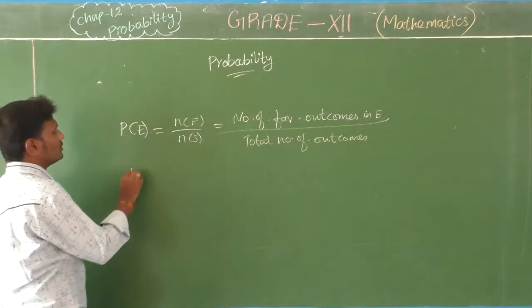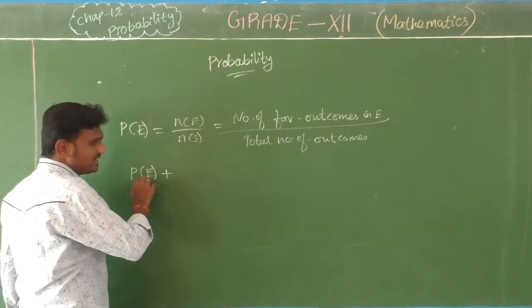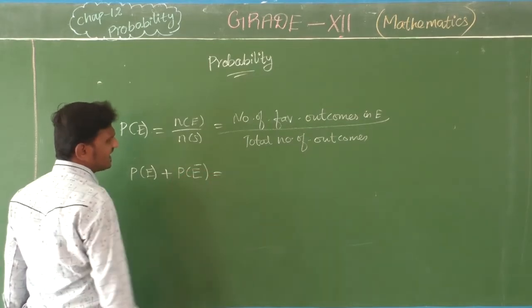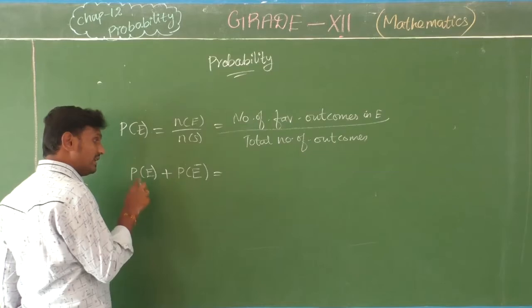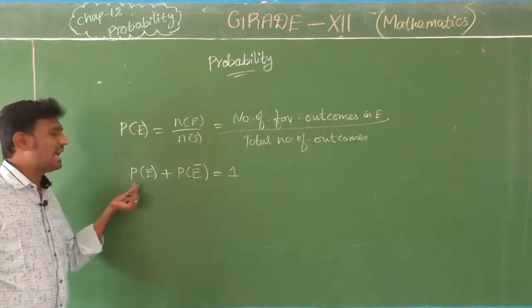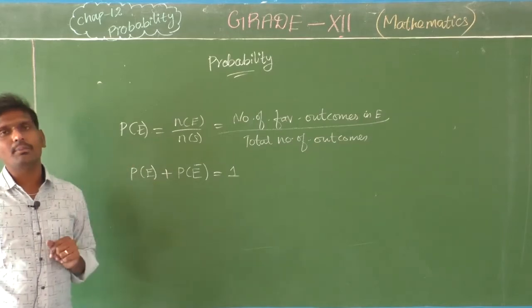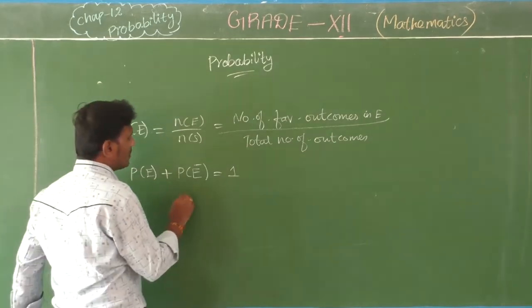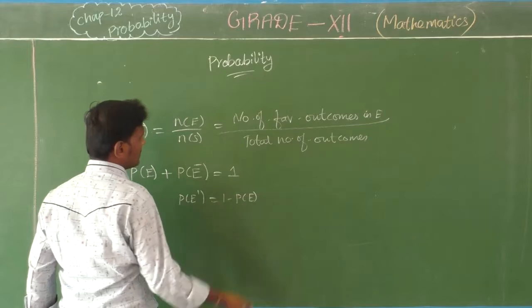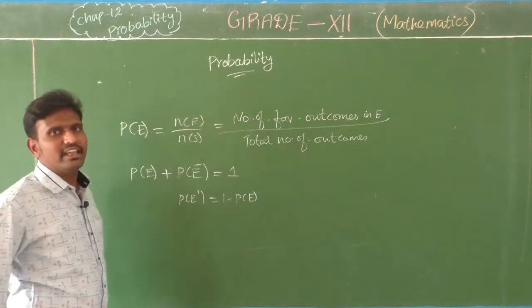Yes. And then we want to know about complementary events. Do you know what a complementary event is? The probability that the event will happen is P of E, and that it will not happen is P of E bar, or E dash. Take the sum of the probability of the event and the not event, that is one. If you take the sum of the probability of the event happening and not happening, it is equal to 1. That is called a complementary event. Based on complementary events we have the formula P of E bar or E dash is equal to 1 minus P of E. Suppose we need only P of E, then it is 1 minus P of E bar. It depends upon the given terms.